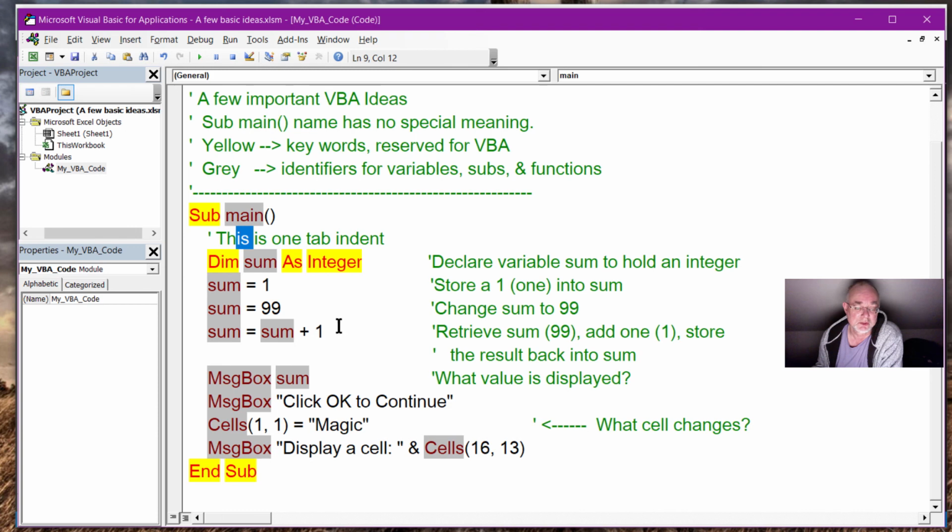Now another thing you could do is you could change these values right here, or change the values right here and place magic in a different cell, or you could retrieve a different cell. One thing you could try is put 2, 2 right here and put 2, 2 right here and see what happens. Maybe try to predict what's going to happen before you run it. So give that a shot,